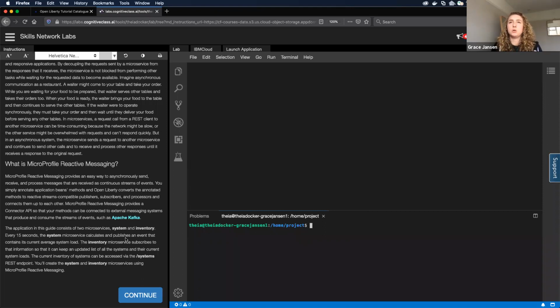There are also several others; Pivotal does one, I believe. So MicroProfile itself is just a specification. If you wanted to use it, you'd have to use an implementation, and those implementations vary in terms of what they offer. For example, in this interactive lab that we'll be doing, I'm going to be using the OpenLiberty implementation. And as part of that, I'll be using OpenLiberty's implementation of MicroProfile Reactive Messaging.